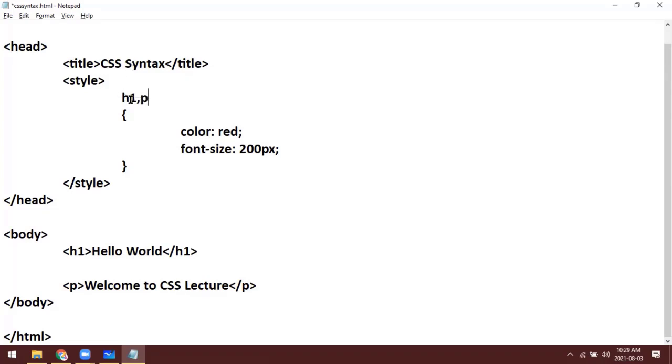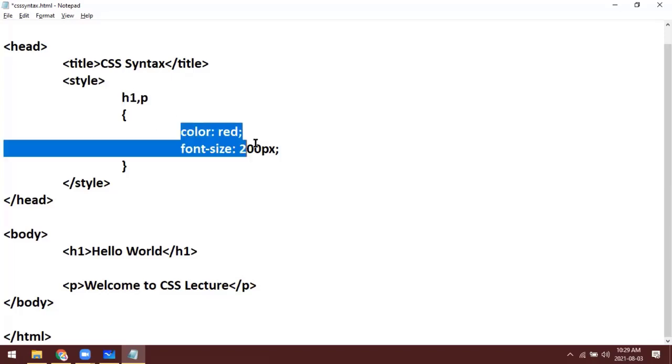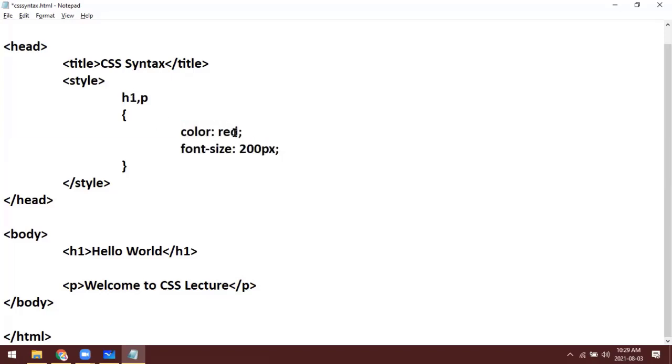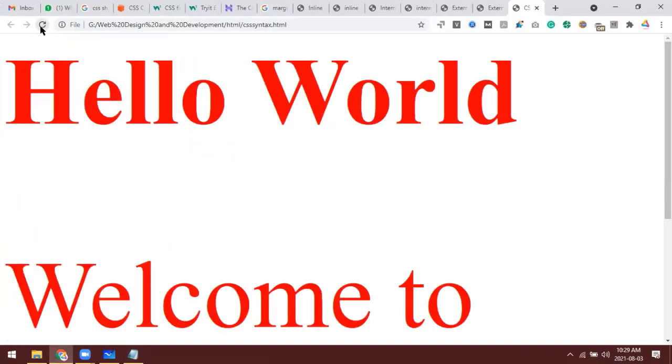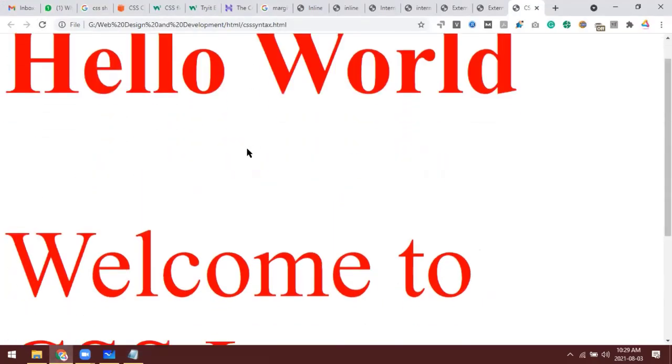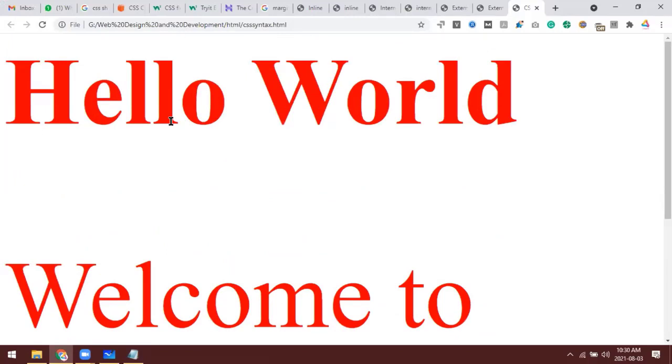This means apply these two styles, color red, font size 200 pixel for the h1 tag and also for the paragraph tag. Now if I refresh, for both of these it has been applied.